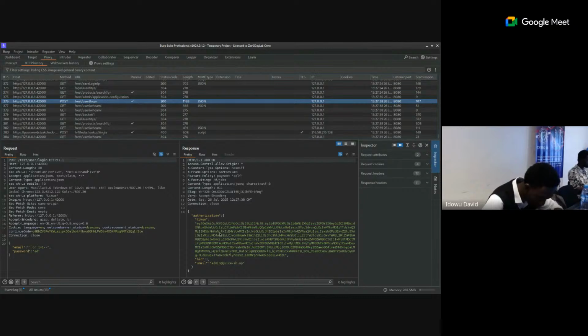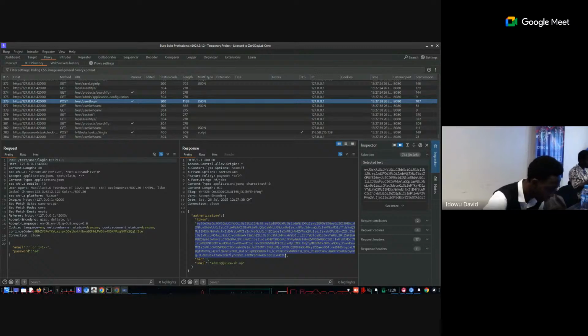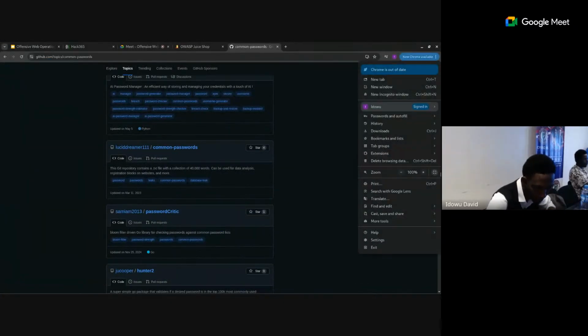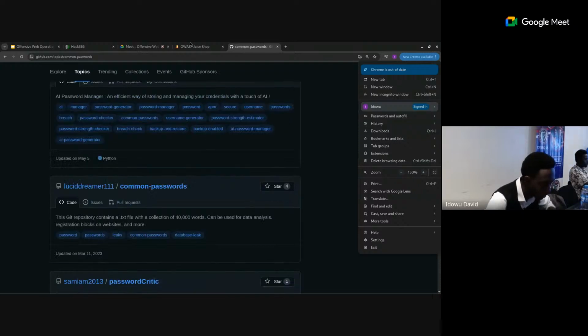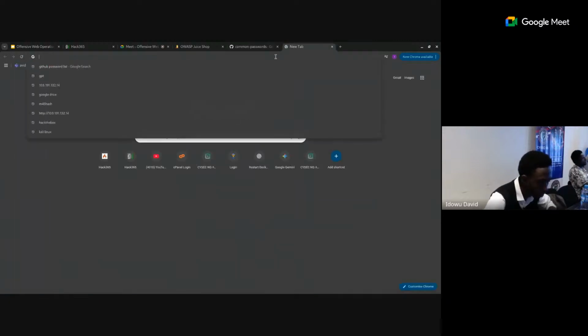So we have an authentication token here. If we copy this token and try to read the contents of the token, because session tokens contain sensitive information about the bearer. So we copy this token and check